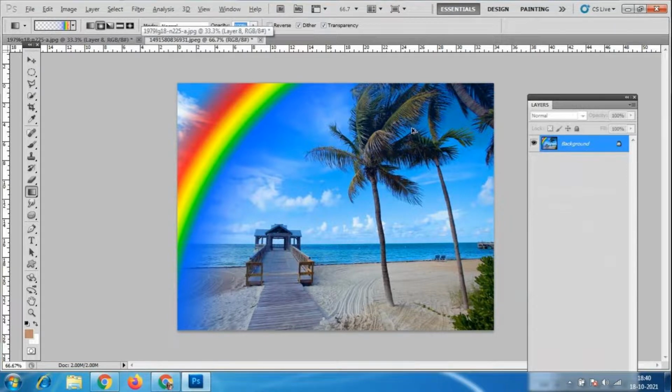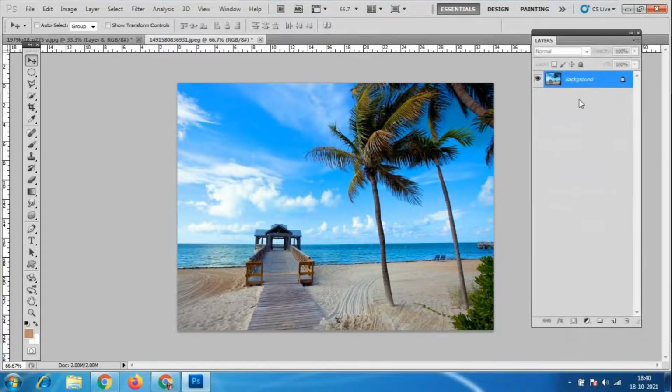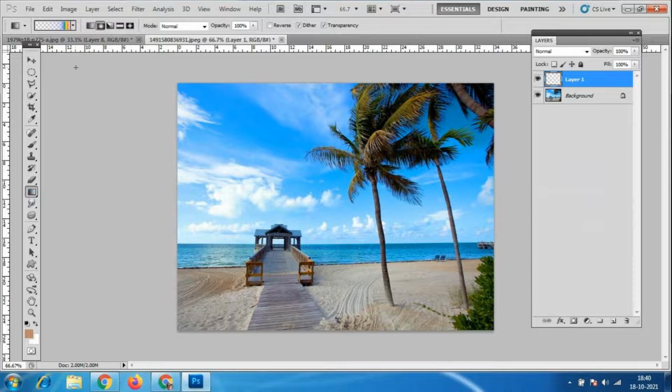Better, always use a different layer, because I cannot use the transparency for this. It is already there in the background layer. I'll go to a new layer and to this gradient, and we have this rainbow effect. From wherever you want, you can take it. It should come from down to top. So like this.